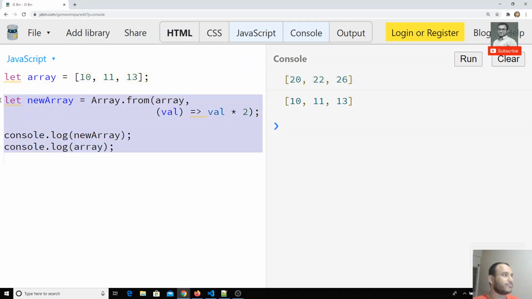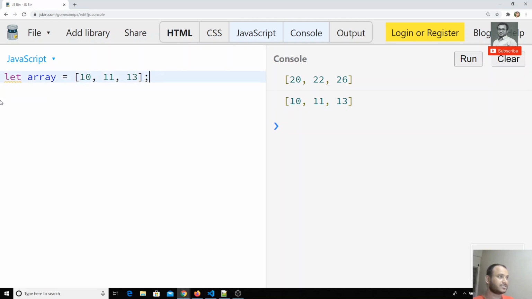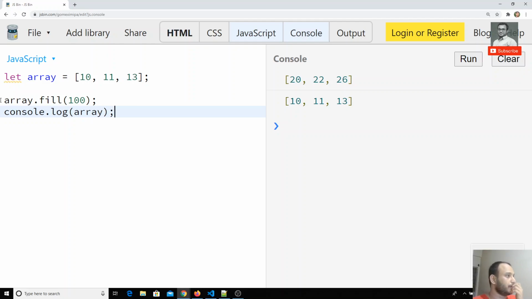And we also have another method in ES6, that is fill. If we use array.fill(100) and do console.log of the array, what could be the output?